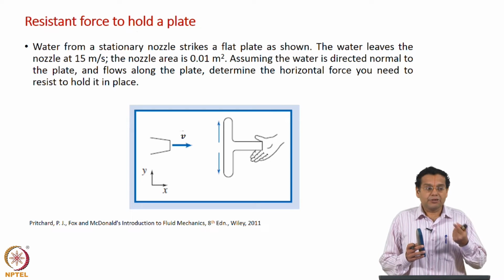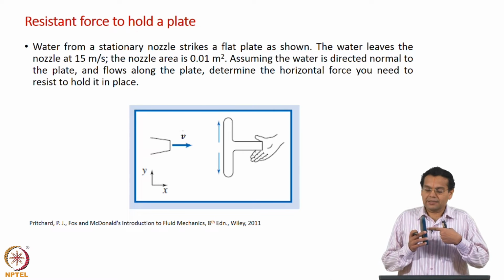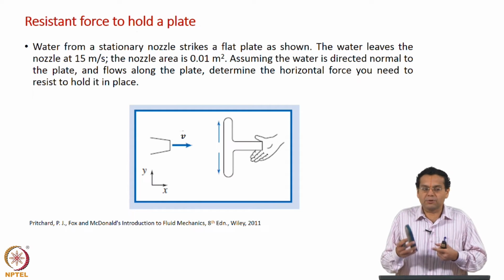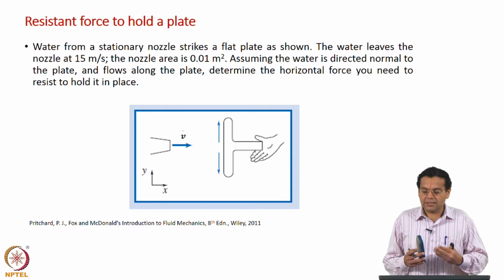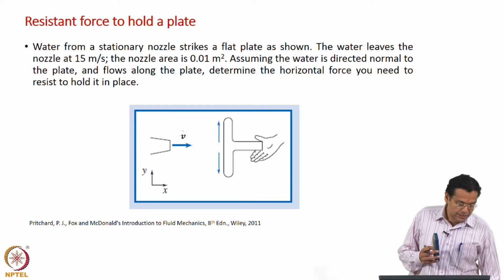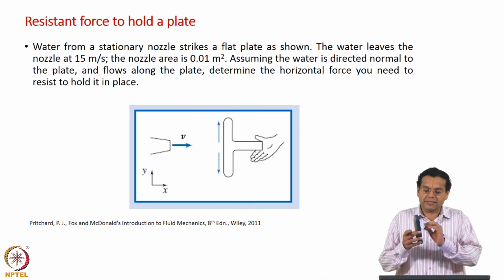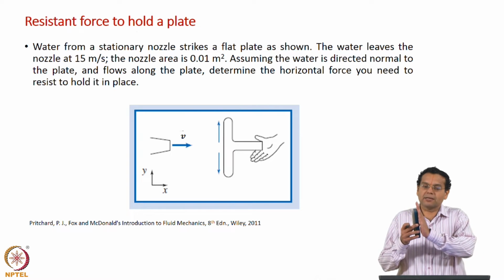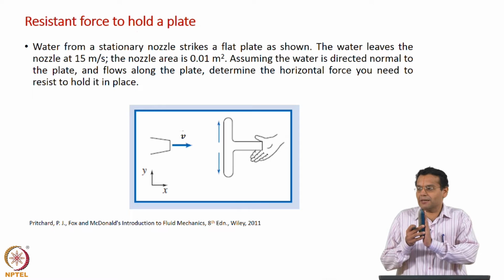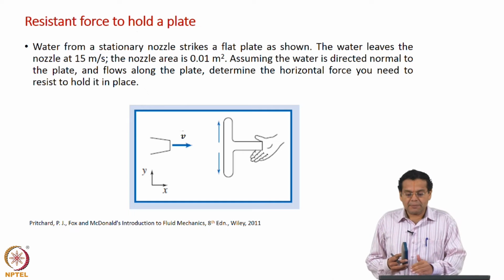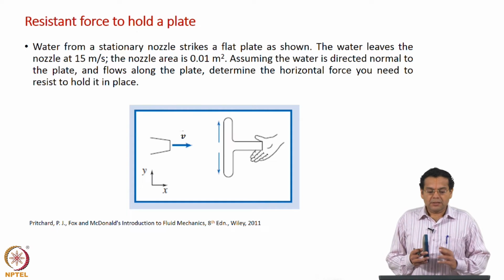The reason is that in reality it may be at an angle, but then you will have to take components of it. If you say it is exactly normal, then only the component along the normal acts. If it is inclined, a part of it will act on the plate, which makes the problem more complicated. That is why we say water is directed normal to the plate. Again, after it hits, it may get splashed and go at some other angle. We do not take all that; we say water nicely falls along this and rises parallel to the plate. All these are simplifications done so that the analysis becomes simple, and then determine the horizontal force you need to resist to hold it in place.